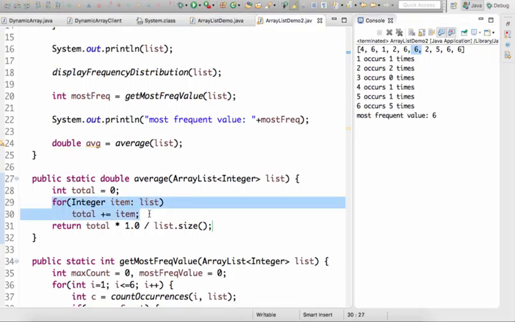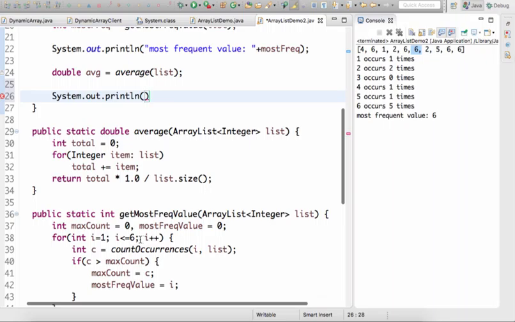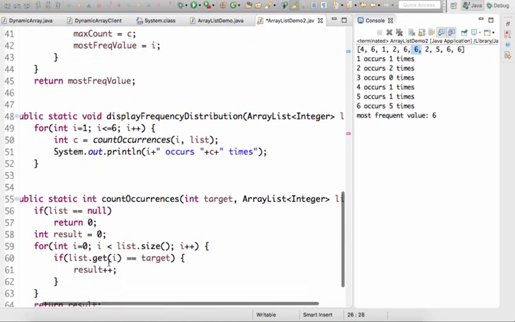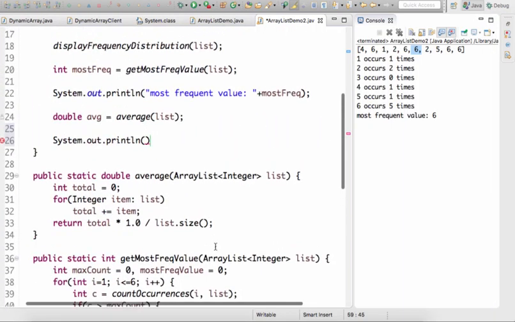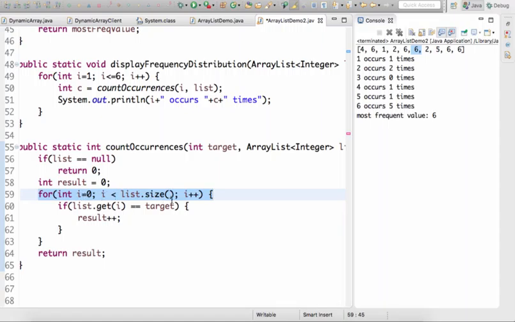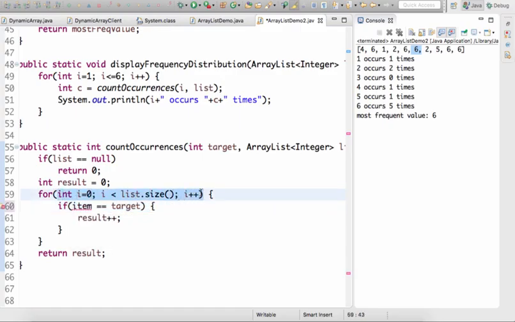So this is a very useful way when you don't need to know the index of the value. Of course, if you need to know what the index of your particular item is, then you need to traverse the loop in the more classical way, which is for int I equals 0, I less than list.size, I plus plus. So take a look here in count occurrences. Do I need the index? Is the index useful for my purpose? Not really. So I can just say for integer item belonging to the list, if the current item equals target,